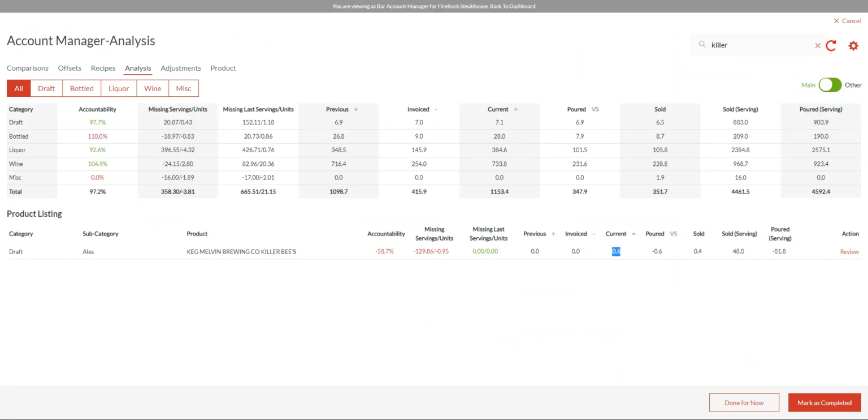Next type of thing to look out for is missing invoices. So here in the case of Melvin Killer Bees, we have a negative accountability. That's obviously a sure sign of an error. In this case, we've got a negative poured. So we can see that the reason we get this negative poured, or a missing invoice in this case, is because previously they had zero, they had none invoiced, and yet they've counted, in this case, 0.6